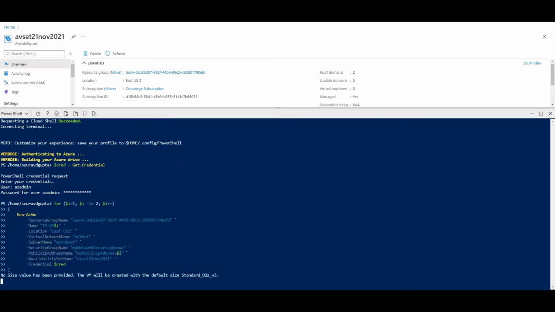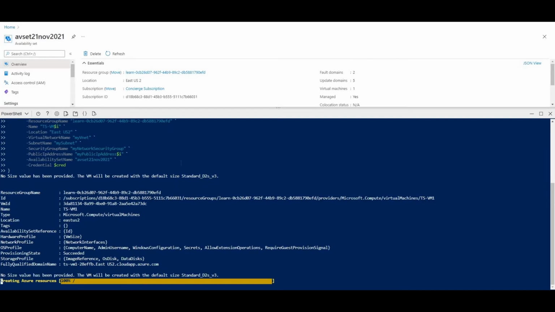Hit enter. And here you can see that no size value has been provided. The VM will be created with the default size Standard_D2s_v3. We can see that the progress bar is moving, creating Azure resources. Let's wait for a couple of more seconds.